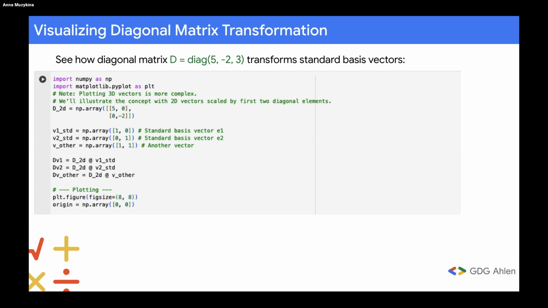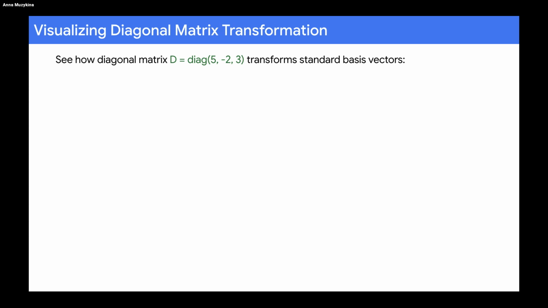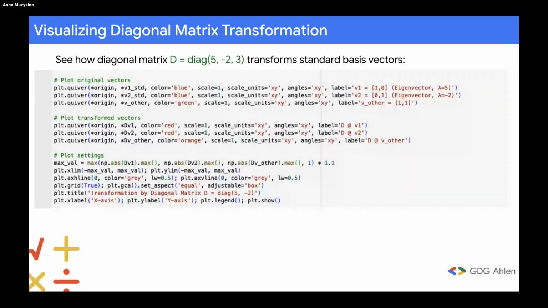We transform them by multiplying with our D_2D. The code then plots the original vectors in blue for v1_std and v2_std, and green for v_other, and their transformed versions in red